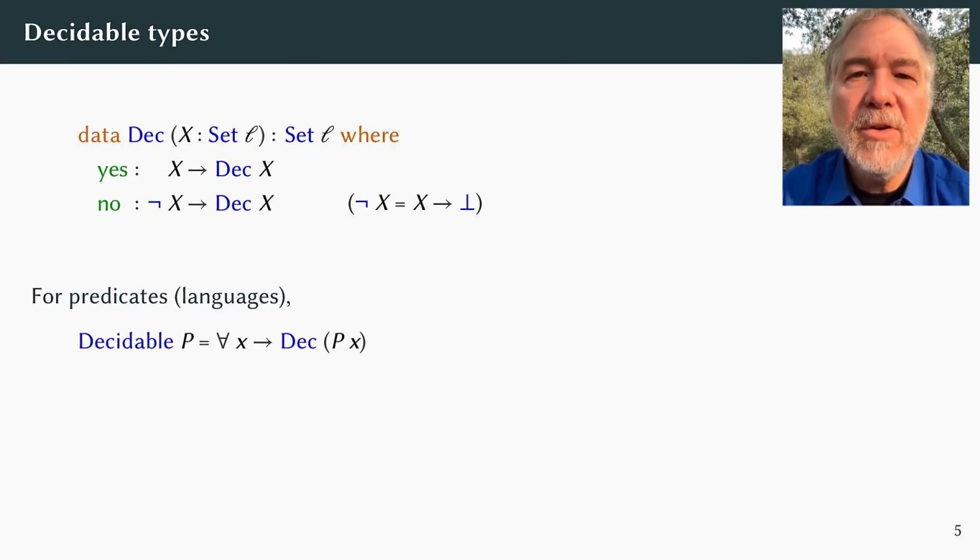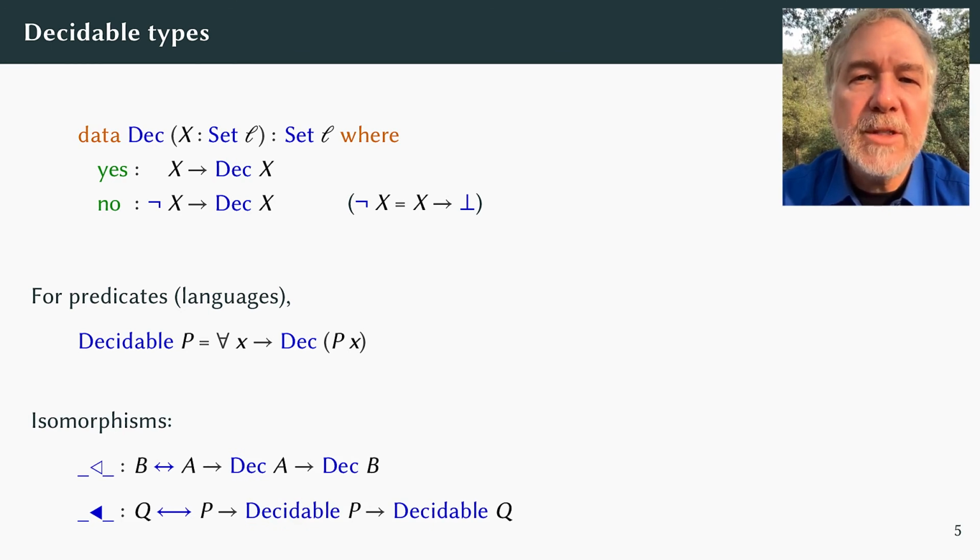A parser for a language is then a computable function that maps an arbitrary string to a decision about whether the string belongs to the language or not. Isomorphisms appear in the language lemmas of the previous slide, so we will need to know how they relate to decidability. Fortunately, the answers are simple.